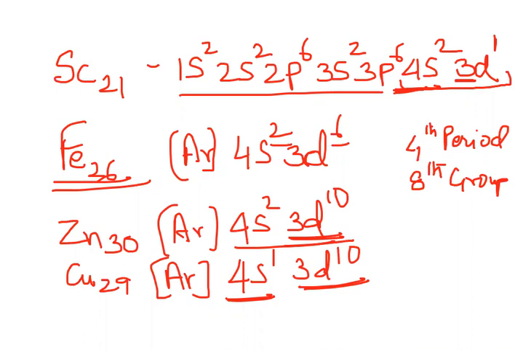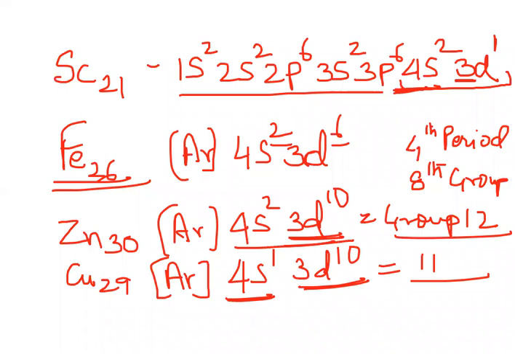But this is not the case, because when you compare the electronic configuration of elements in group 1 and group 11, see, this is group 11 and this is group 12. If you compare group 12 and 2, and group 11 and 1, you will see that in group 1, the n minus 1 d orbitals are not filled. Remember, in group 1, the n minus 1 d orbitals beginning from the fourth period are fully empty. But in group 11, the 3d orbitals have been filled up.